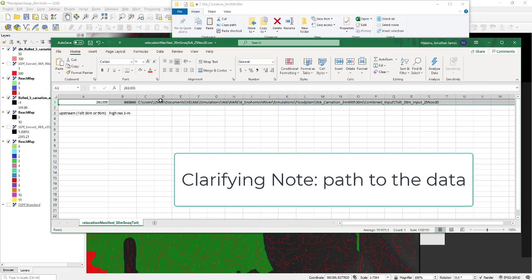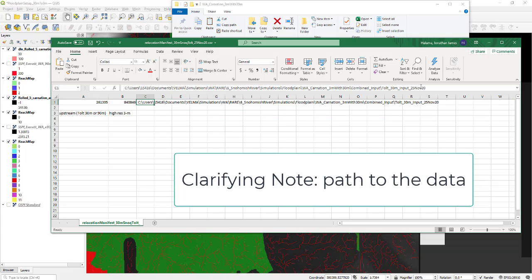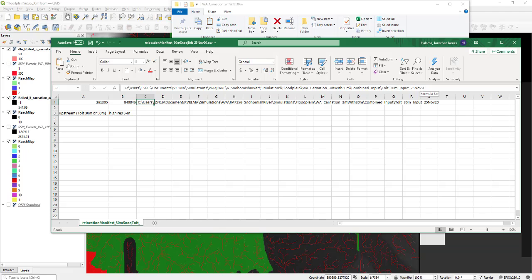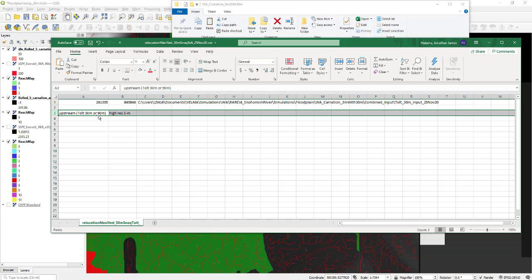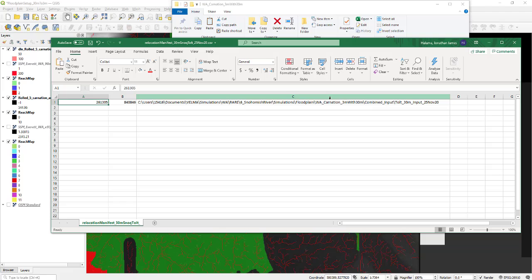And so if you move the data around, you need to come back into this manifest file and change this to map that corresponding location correctly so that VELMA knows where to look for this data. And I'm going to delete this now because you would not want that there. You would just want your three